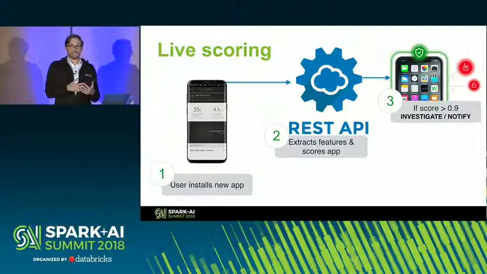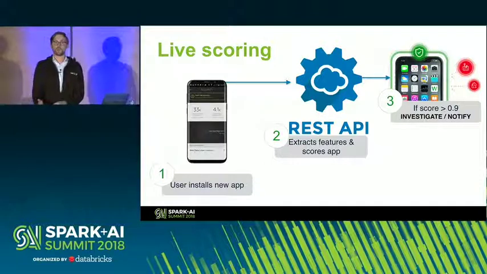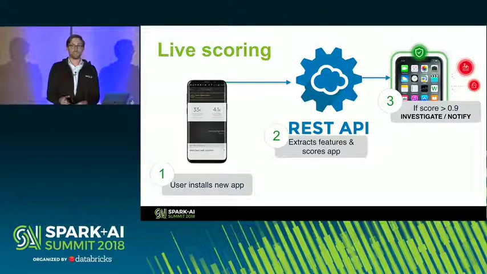Once that comes back with some sort of score saying, okay, I've got this new app, it has a score of 0.7 or whatever, we then do two things. We only ever investigate anything with a score greater than 0.9 because we want to be super certain that we found some malware. We don't want to be telling our clients that they have malware and then discover later on, actually, no, this is just the Facebook or Netflix app. That would be bad, although you do find some variants of Facebook that aren't great.